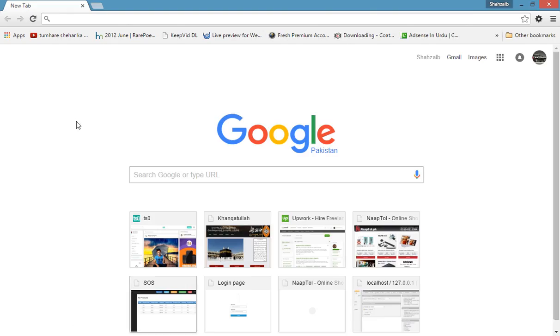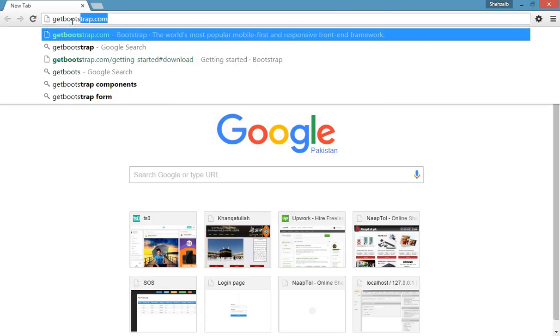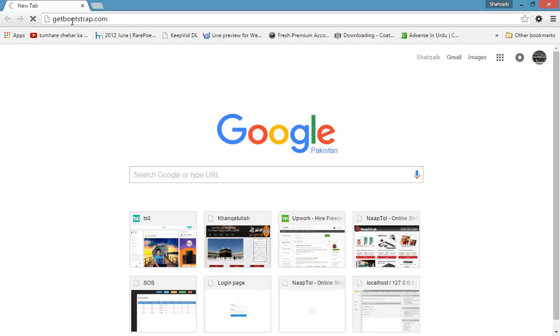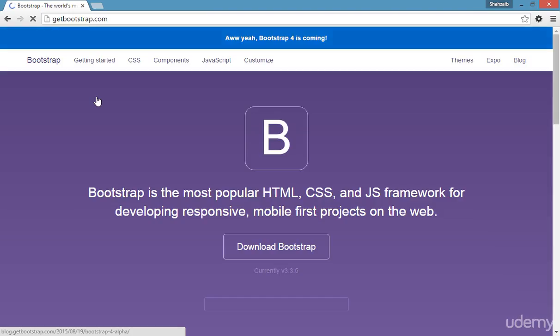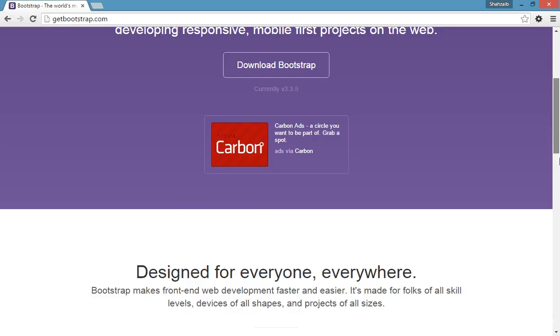So I just opened the browser, and there I'm going to put the address getbootstrap.com. Open the website of Bootstrap. This is the official Bootstrap website. You can see that Bootstrap is the most popular HTML, CSS, and JS framework for developing responsive, mobile first projects on the web. There is a link to download Bootstrap, or if you want to know some more about Bootstrap,